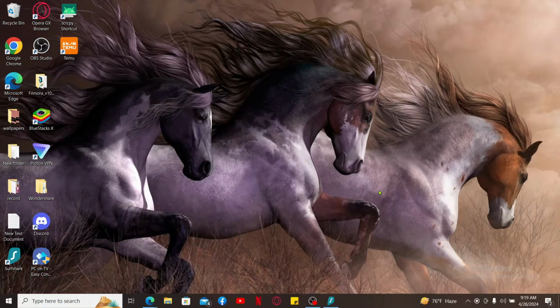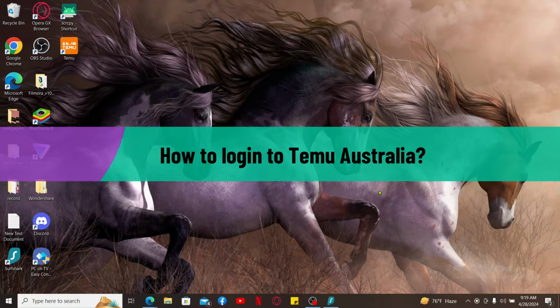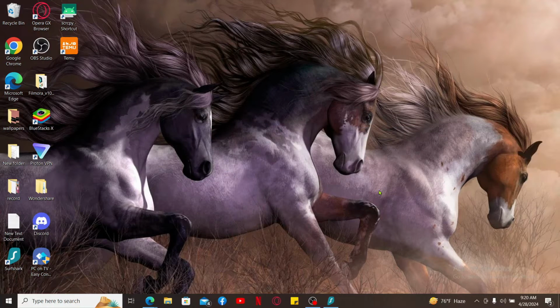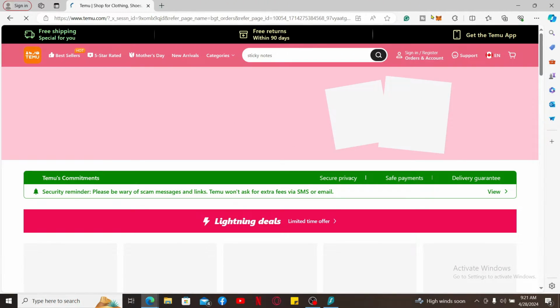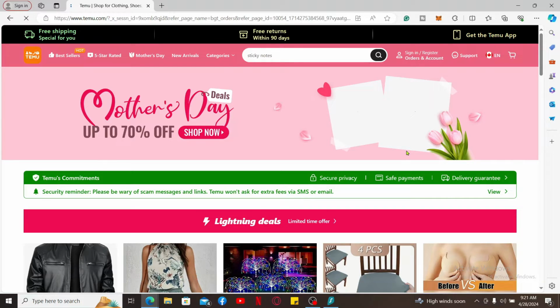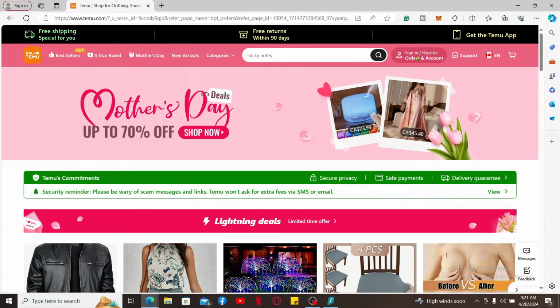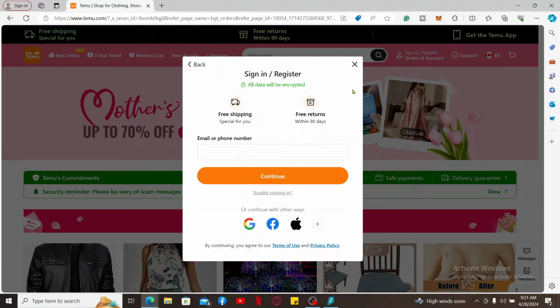In this video, we will be learning how to log into Temu Australia. In order to log into your Temu Australia account, the first thing to do is to open your Temu application on your device, or you can also open up a web browser and then type in temu.com in the URL box. Once you end up in the official website of Temu, go to the top right corner and click on the sign in/register button. Soon after you do that, you will bring up this pop-up where you can simply enter